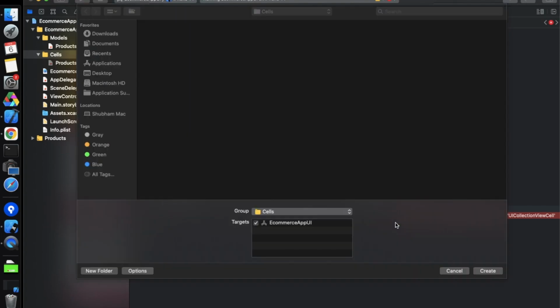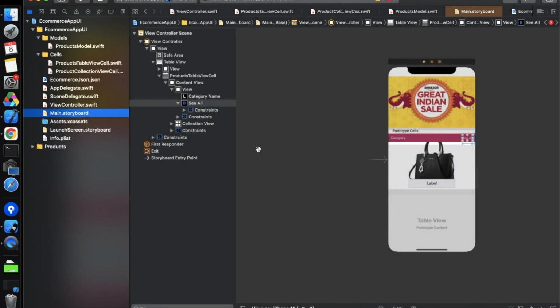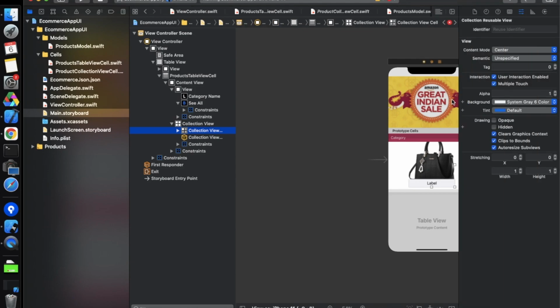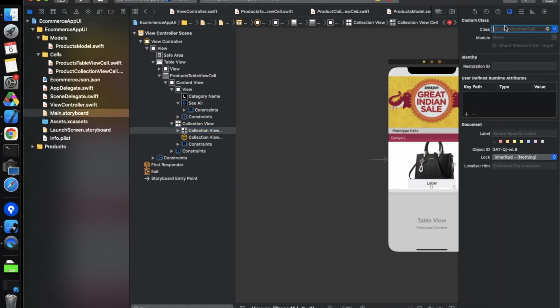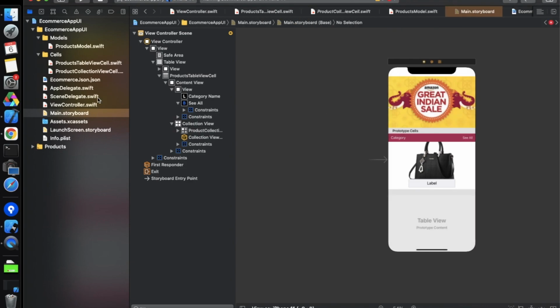Now let's create this. Then we move to the storyboard and give this class to this collection view cell. This is the collection view and this is the collection view cell. So let's assign product collection view cell over here, and the reusable identifier name should be the same as this.